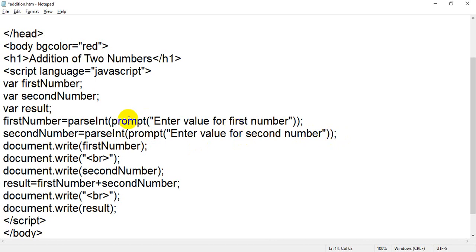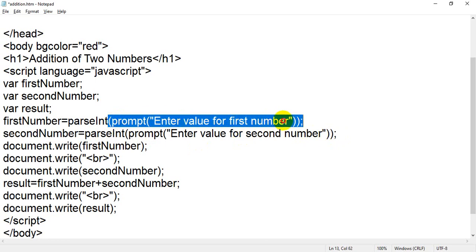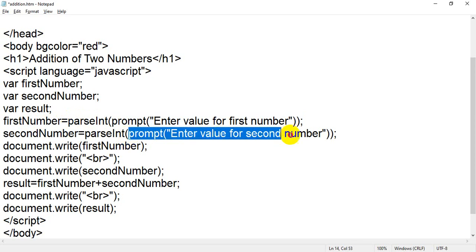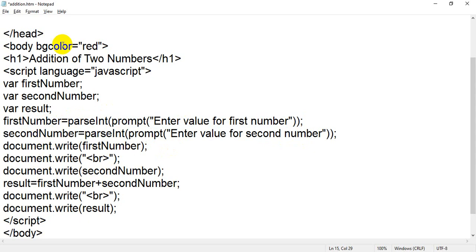Means by using this function, whatever value will be accepted, it will be converted by parseInt, then assigned to your variable. First the user will insert some value, that value will be converted into a number and stored inside the variable. Then the rest of the things will be performed.